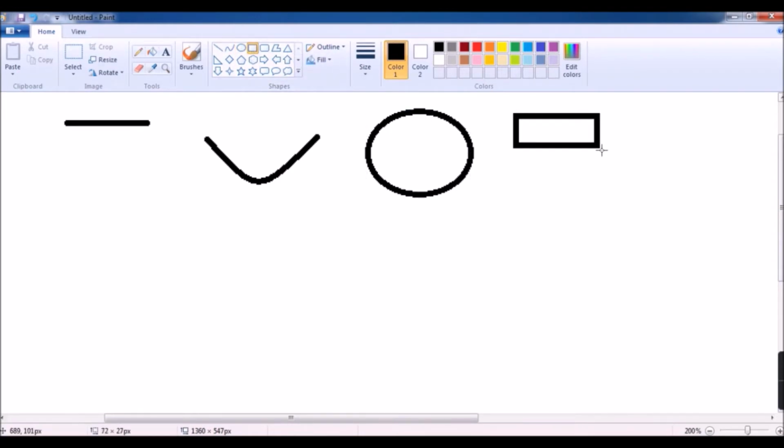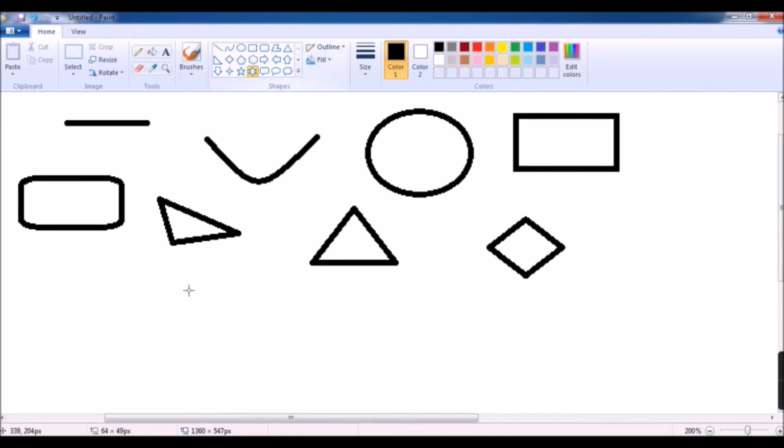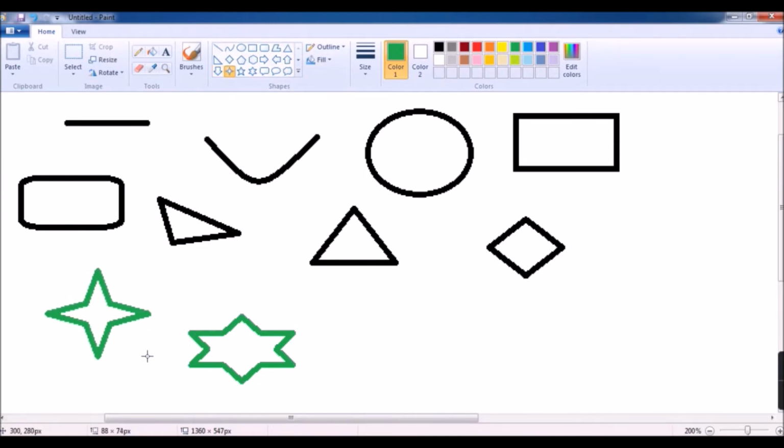This one, rectangle, triangle, diamond, star, and so on. If you want to change the color of the outline, you can change it. See color 1, select any one color which you want. Click on that, then select the shape and draw it.